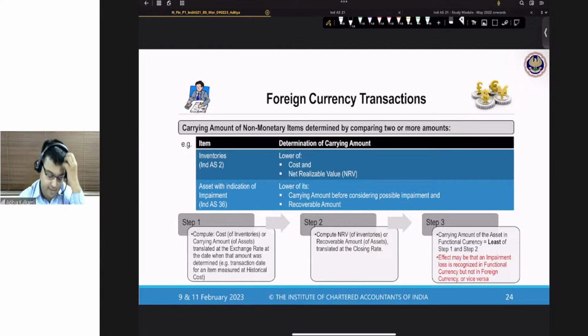Sir, example dijiye. Inventories, lower of cost and net realizable value. That means you need to identify the cost also, you need to identify the NRV also. Similarly with impairment, we measure it at lower of carrying amount before considering possible impairment, and you also look at